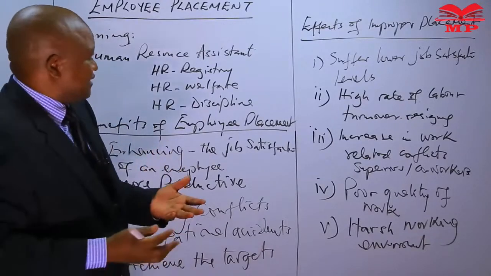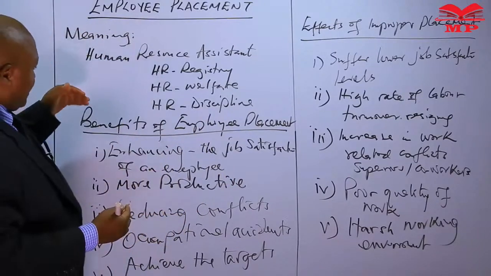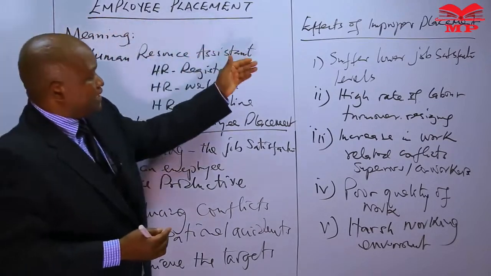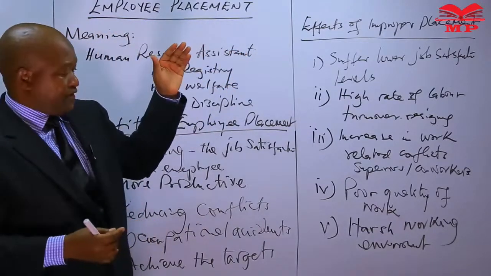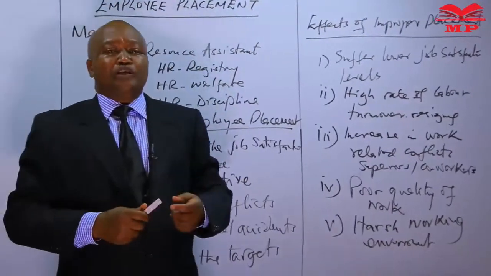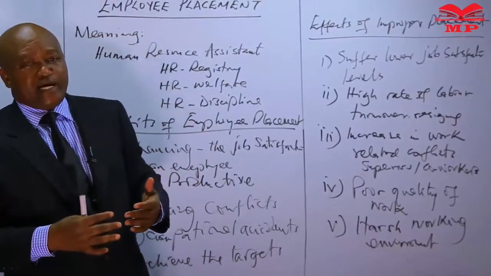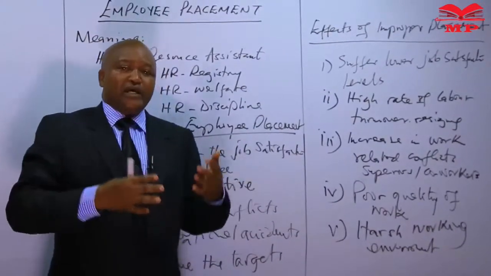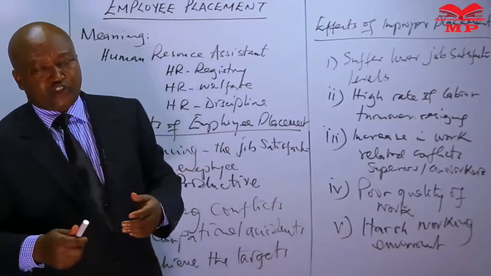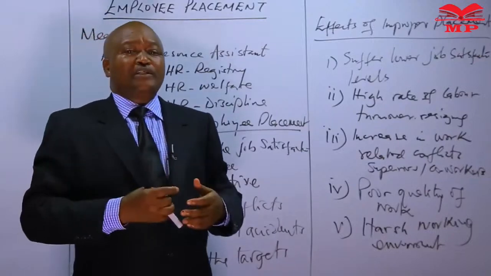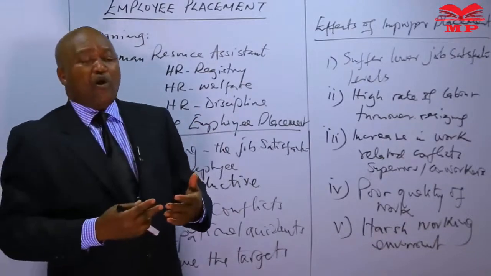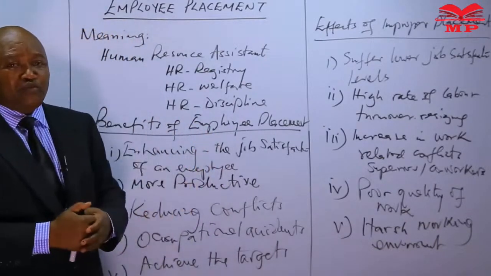Then as a result of this, now we have seen benefits of proper employee placement. We have seen effects of improper placement of employees. What is supposed to be done by management? Management is supposed to ensure that whenever employees have been put in jobs, they should be placed properly and adequately given instructions to ensure that when these employees work within the work environment, they are able to enjoy their work, they are able to work well with the others, they are able to work well with the supervisors,